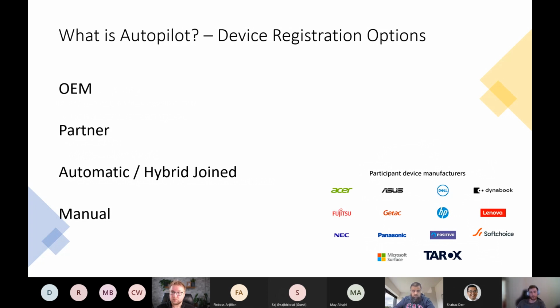If you're looking to move away from an on-premise environment, you can hybrid join them using the Azure AD sync tool, and then turn those devices from Azure AD into Intune. And then finally, you can manually capture the device hashes, which is what I'm going to demo this evening, and then enroll that into Intune at a later date.